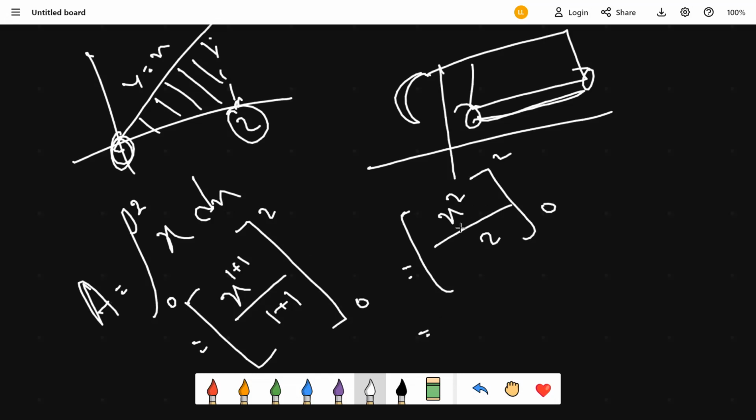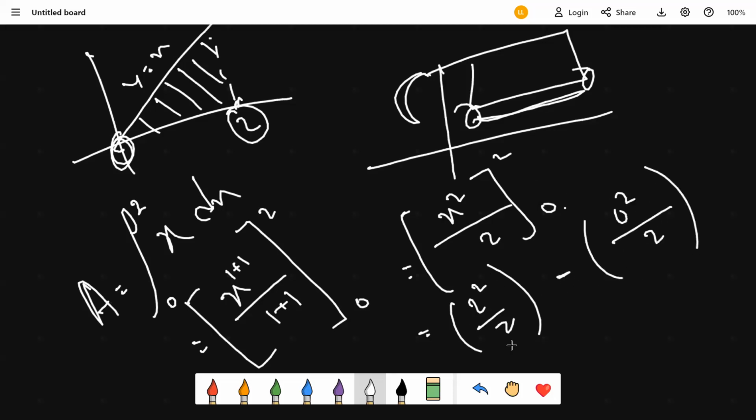Now the next step is to simply place the upper limit inside this expression. That should give us 2 squared by 2. And place the bottom limit in this expression, giving 0 squared by 2, and subtract them. I mean the upper limit's value minus the lower limit's value. The upper limit is 2, the upper limit's value is this one, and the lower limit is 0, and the lower limit's value is this one. Now, writing this, the 2 gets cancelled out. We have a 2 here, that means 2 from this portion, and we have a 0 here. 2 minus 0 is what? A 2. So that's basically our answer. And we have seen that